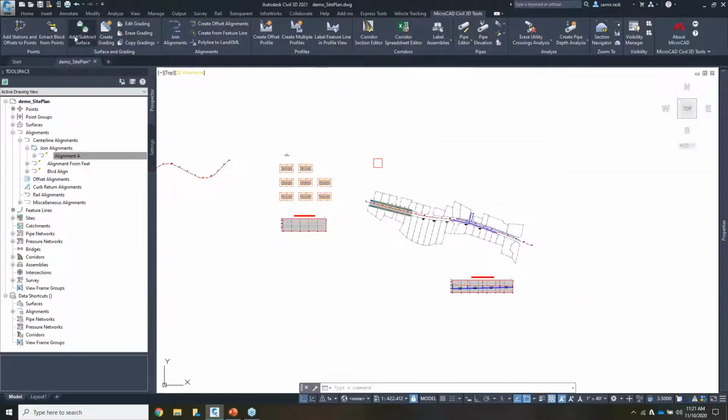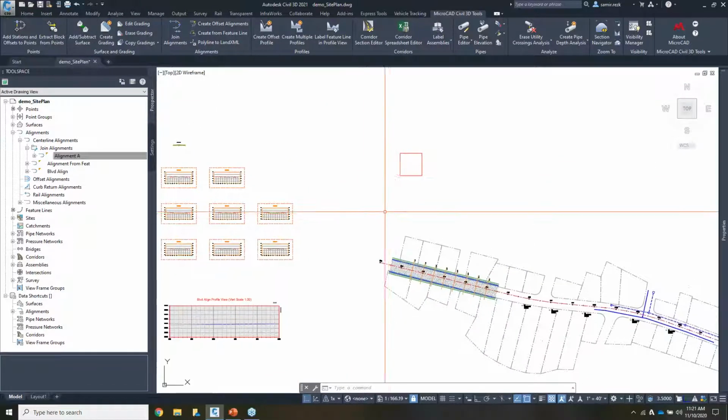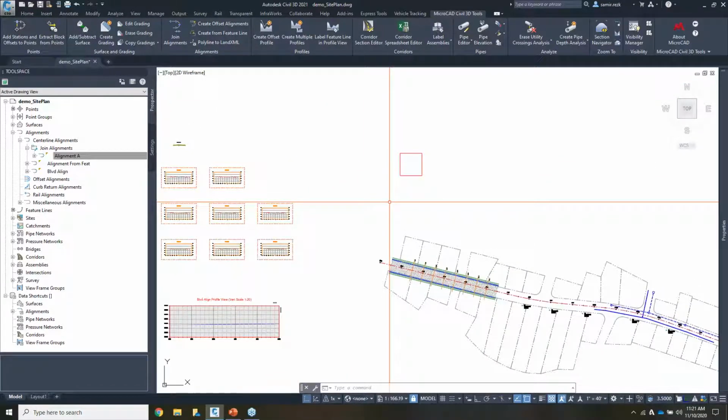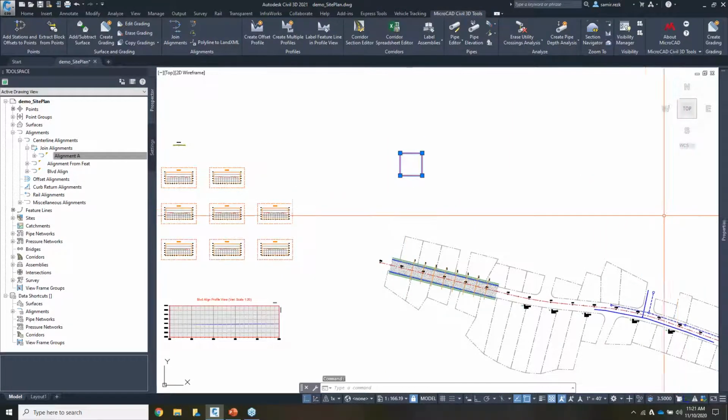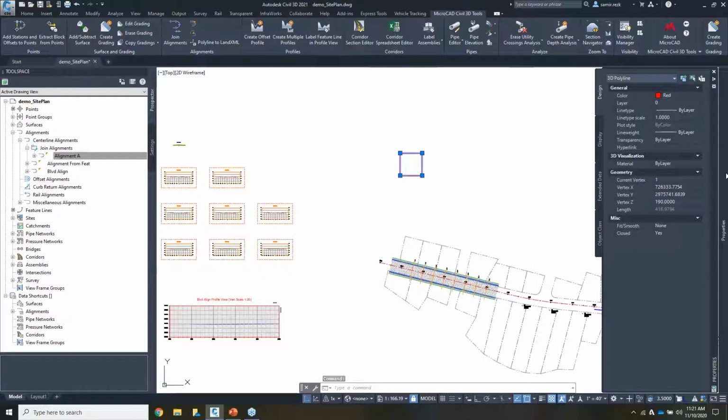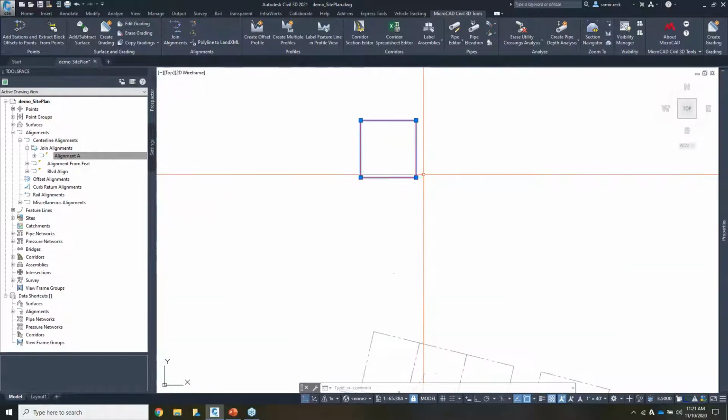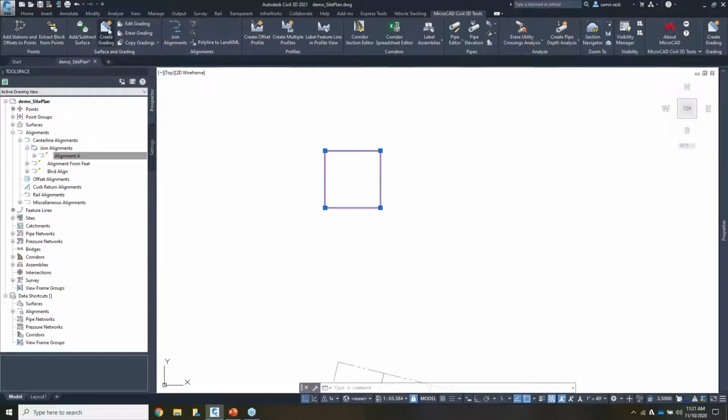We also have our own grading tool here. The grading tool is very similar to what you have in Civil 3D. The only difference is that it uses 3D polylines instead of feature lines, making it a little bit lighter on the software, more user-friendly. 3D polylines are 3D AutoCAD elements that have vertex elevations, and because of that, we can use the create